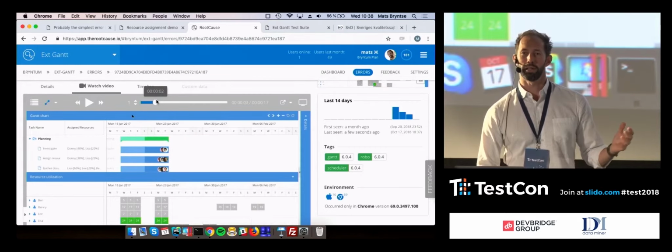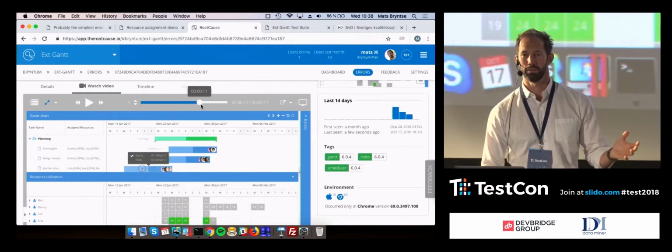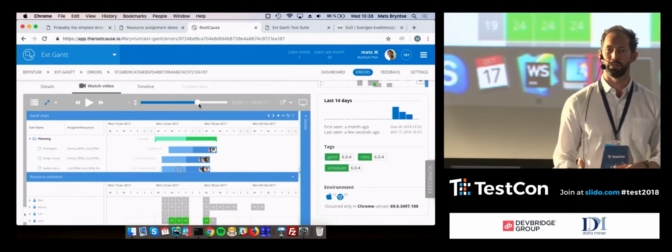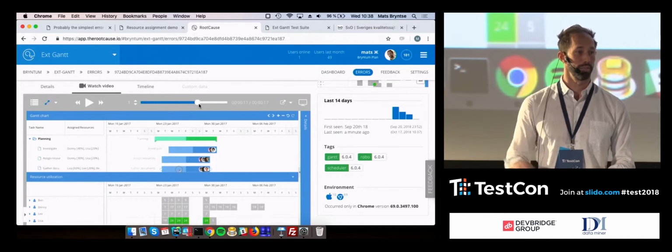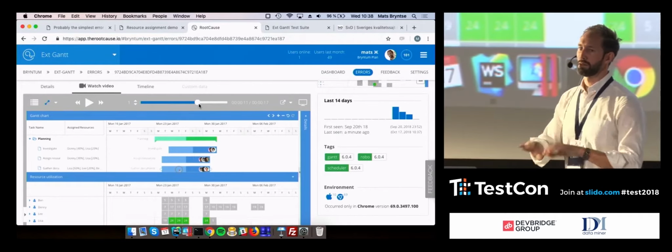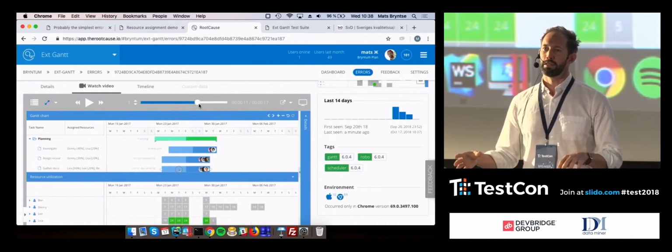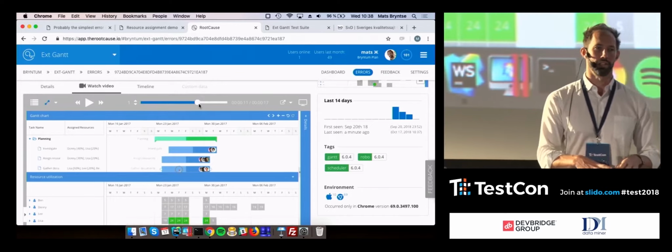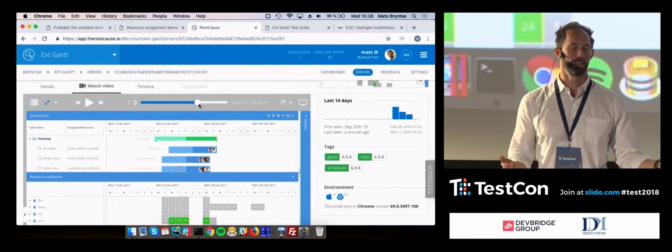So from a debugging standpoint, this just takes it to the next level. There's no way I need to go to the user and ask them, hey, can you send me a step-by-step? This is the step-by-step. So we basically cut out the communication need between end user and developer. Or if you're doing this internally in your organization, having this video come from a tester, then the tester doesn't need to create a